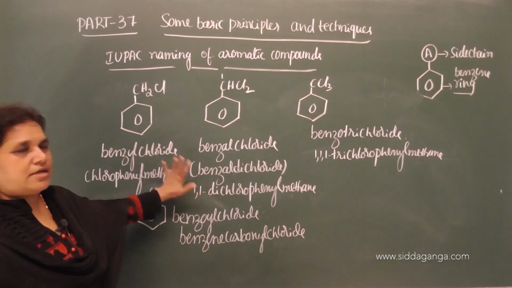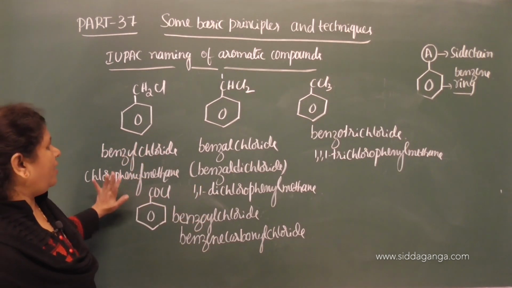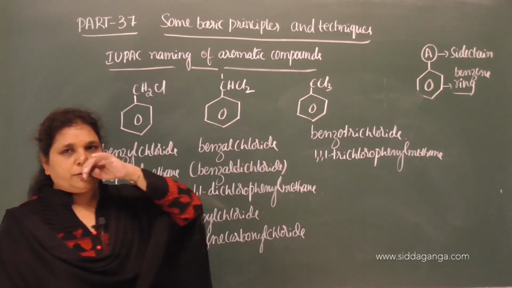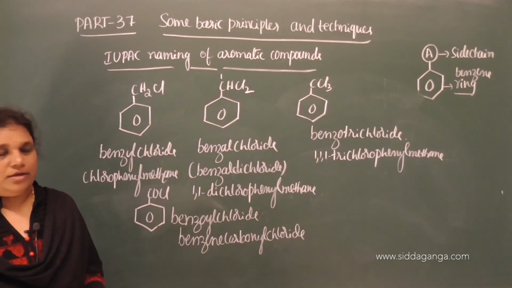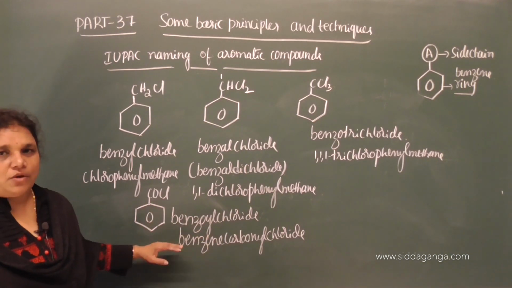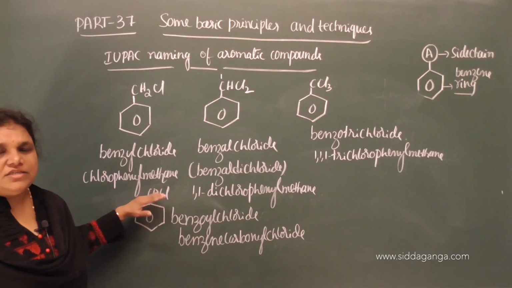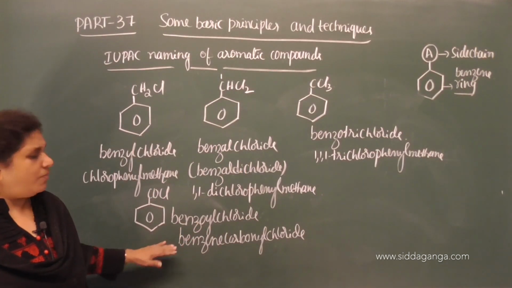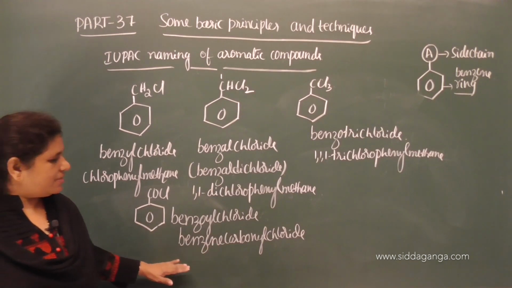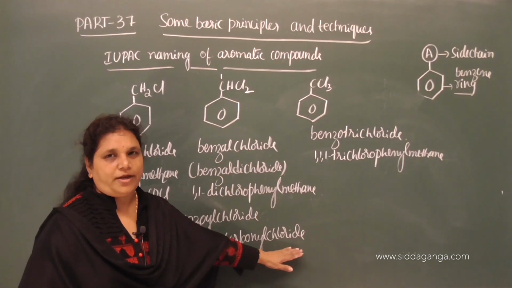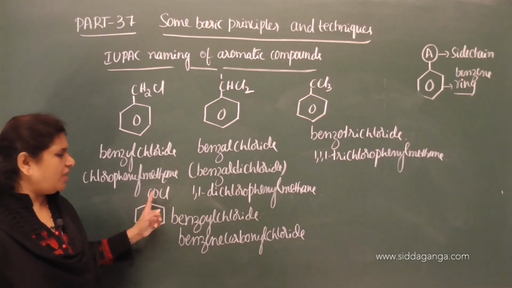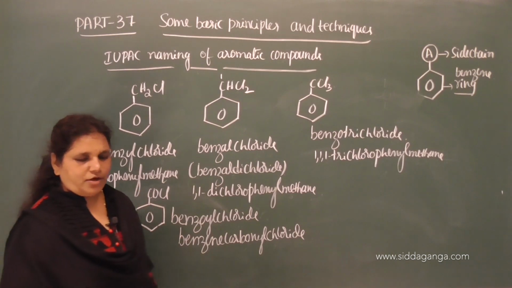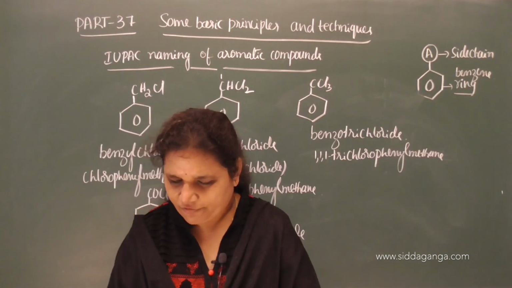Note down these compounds and try to identify the aryl groups: benzyl, benzal, benzo, and also benzoyl. The benzoyl group is this: C6H5COCl, that is, C6H5CO is the benzoyl group. Benzoyl chloride is benzene carbonyl chloride, so benzene carbonyl chloride is the IUPAC name. Okay, now take this down and let us move on to the naming of